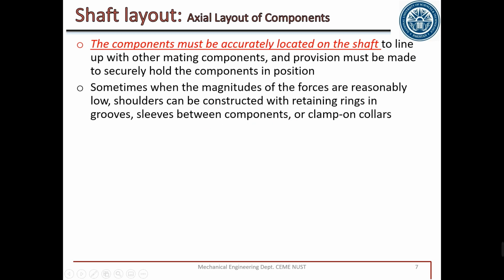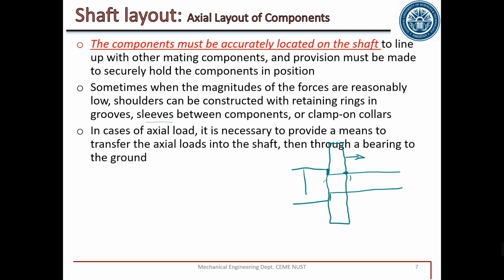At one side of each gear, the shafts are usually stepped shafts. For example, this is a stepped shaft. This diameter is larger than this, so if we put a gear here, this end of the gear will be supported by the shaft, but on the other end, if it is free, this gear can move in this direction. To avoid this, we put a retaining ring, grooves, sleeve, collar, clamp, or any other component.